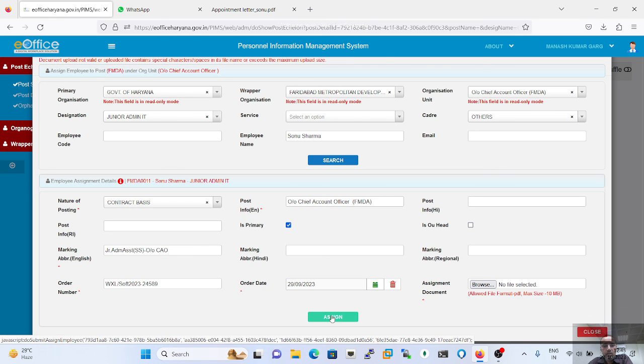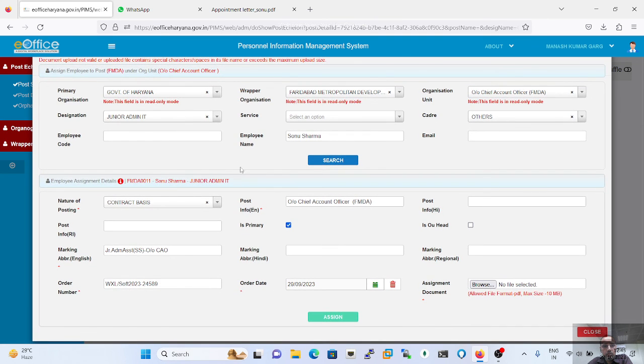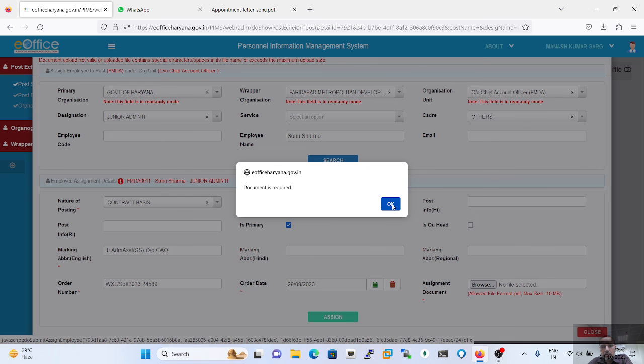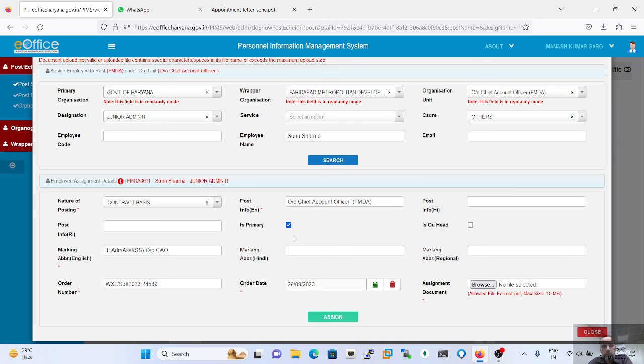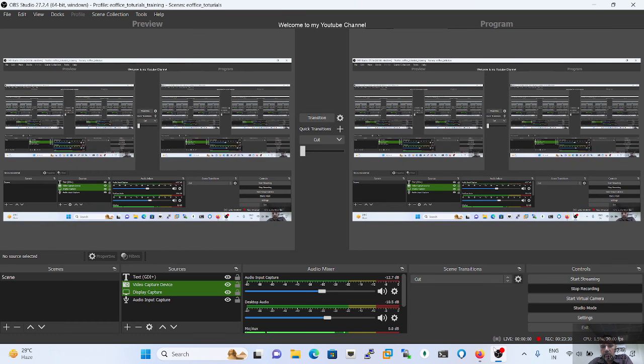Then the assign button. This is the simple way through which we can